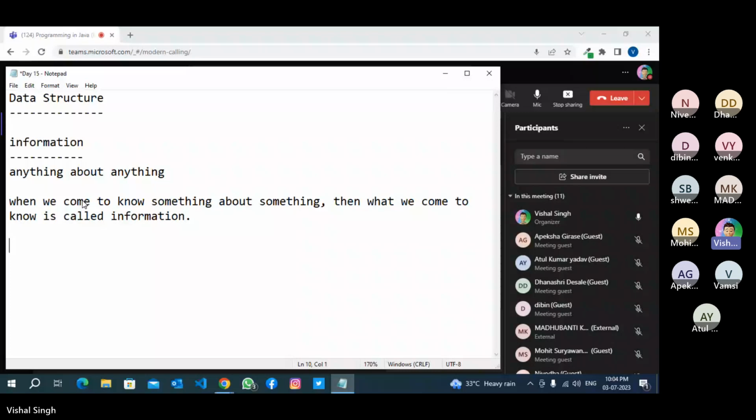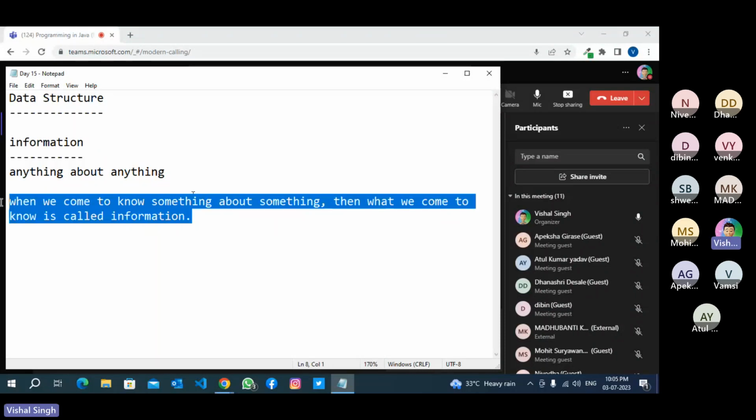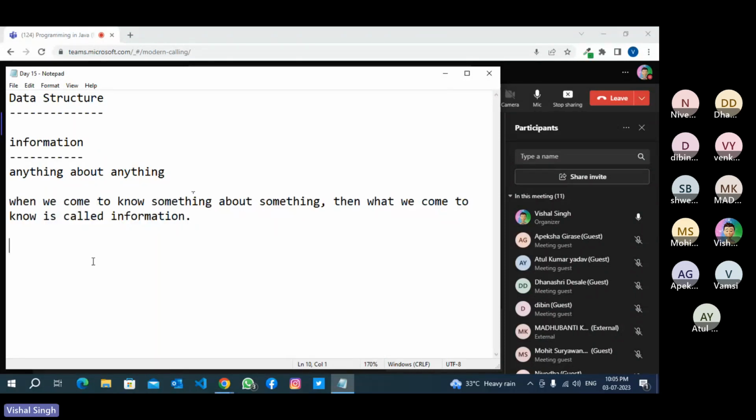Whatever we come to know about anything is called information. And this information in a computer is called data and nothing else. Data is any information in electronic devices or a computer.